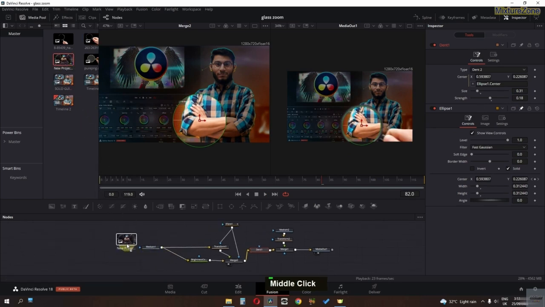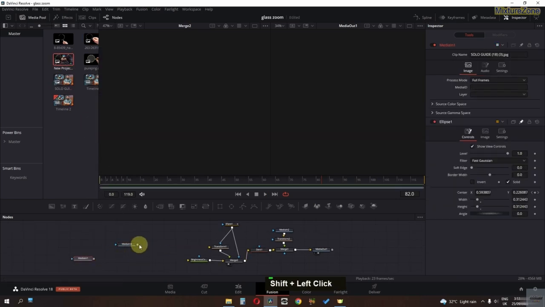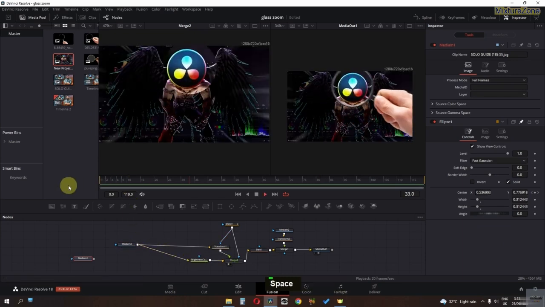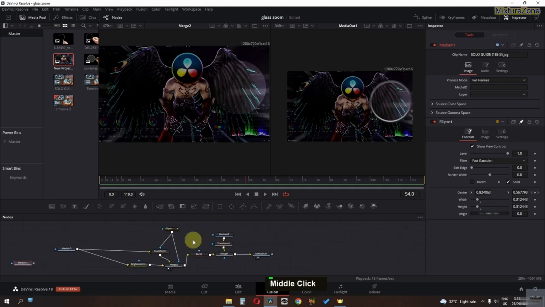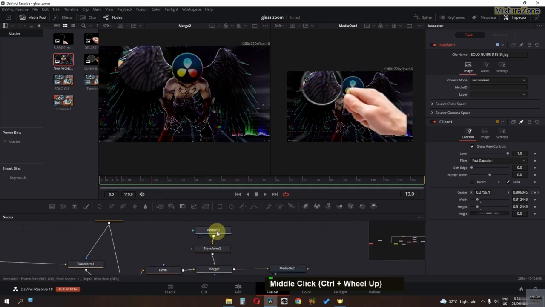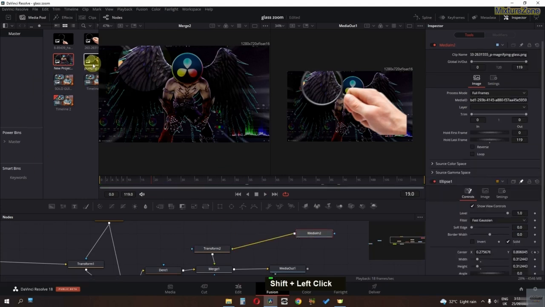So for example, if I drag this picture, let's disconnect this picture, connect this to the transform, and connect this to the brightness. So now we have this picture. And you can also change the magnifying glass picture if you want to. So we have this picture, let's disconnect this picture, and let's